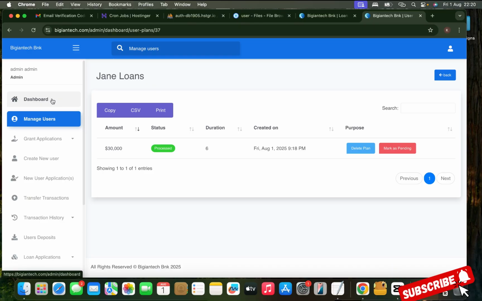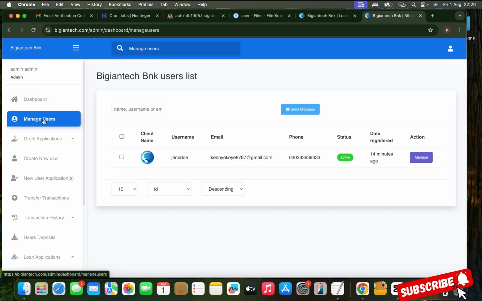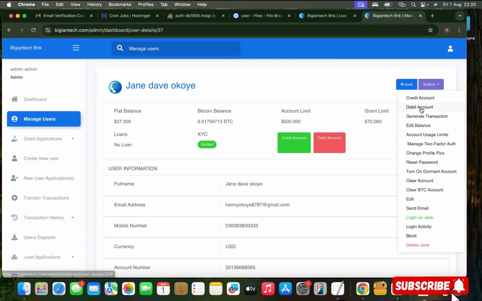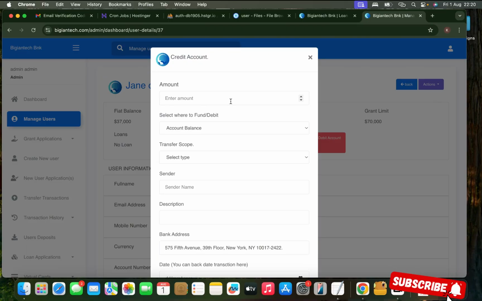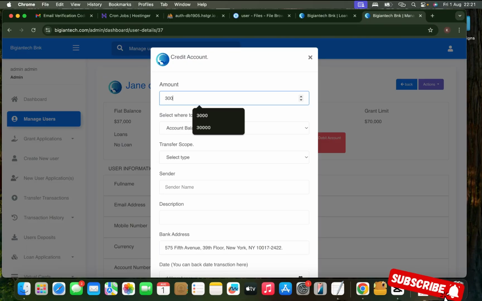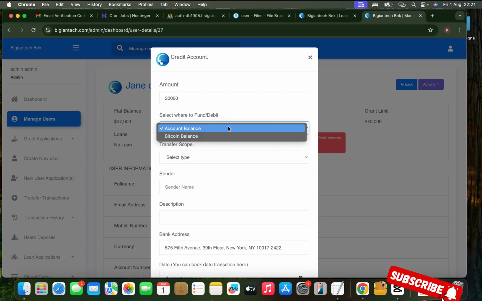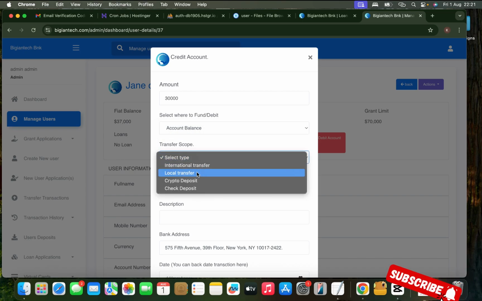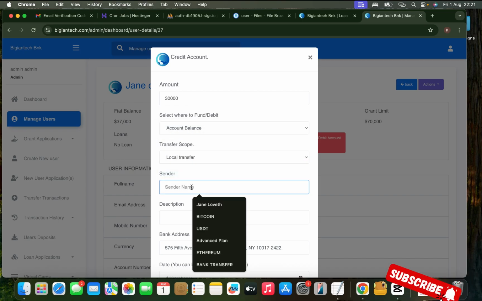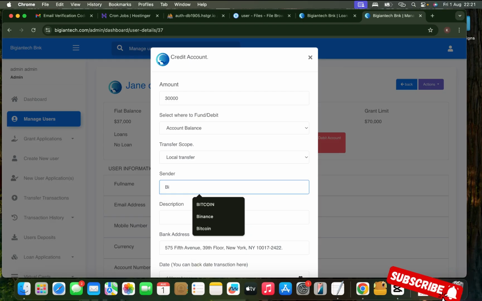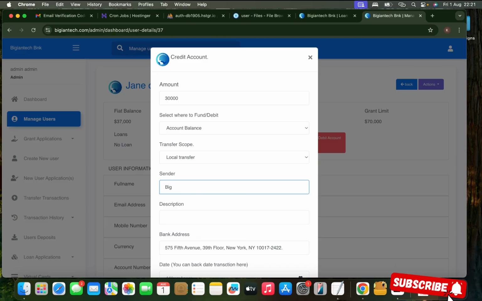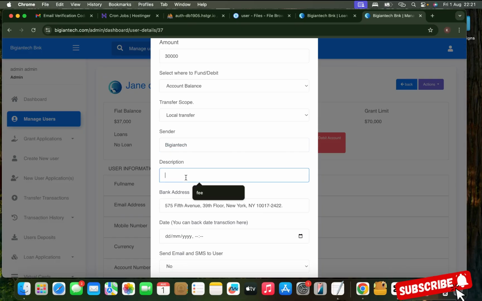So once I go back to manage users, you go to manage, so you have to top up the user. Go to actions, go to credit. So I'll put in this just to the user account balance, local transfer. Let me say Big Giant Tech. Now this should be